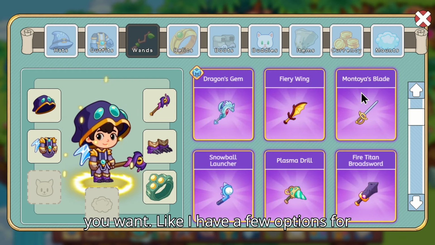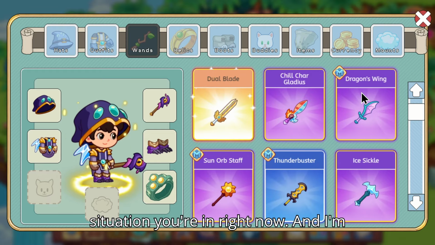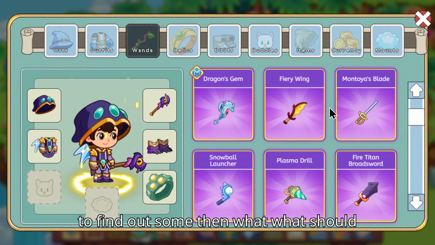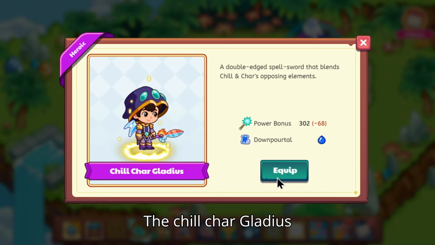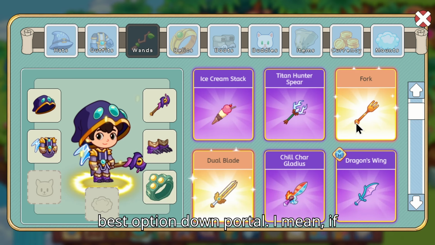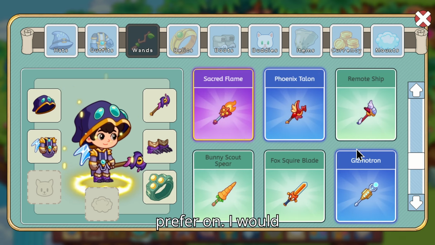And for water, it really depends what you want. I have a few options for you guys here. I'm gonna give you options because not everything would suit the situation you're in right now. And I'm guessing the reason why you came here is to find out what you should use in a tight situation. Now, the Chill Char Gladius works. It works, but isn't the best option. Down Portal, I mean, if you're gonna use randoms, this one's not too bad. But I would prefer